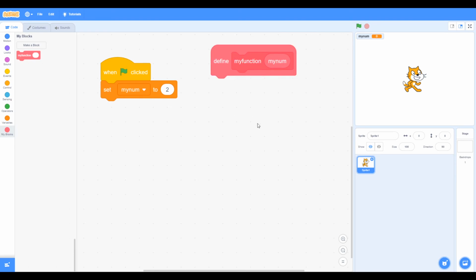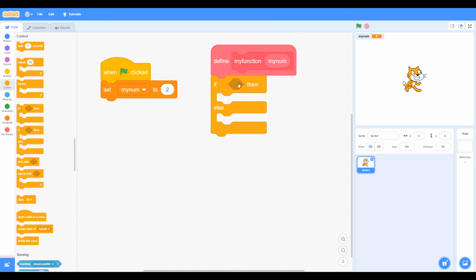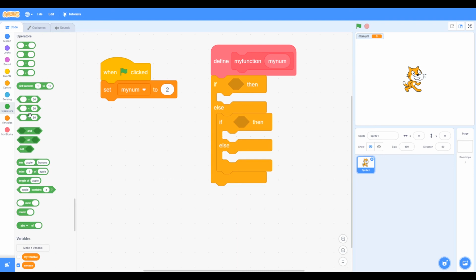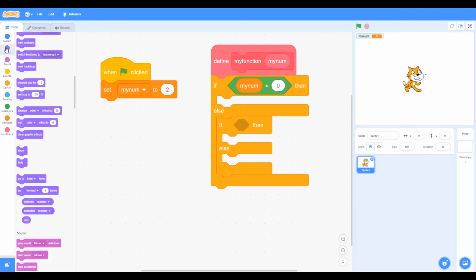Now we want to tell if the number is positive or negative or 0. So we can look at an if-else block. So we want to determine if it's, let's say, negative. If it's not, we need to determine if it's 0 or positive. So we can put an if-else block inside another if-else block. So we need to determine if it's less than, let's say if it's less than 0, it's going to be negative. So we look for our my number,